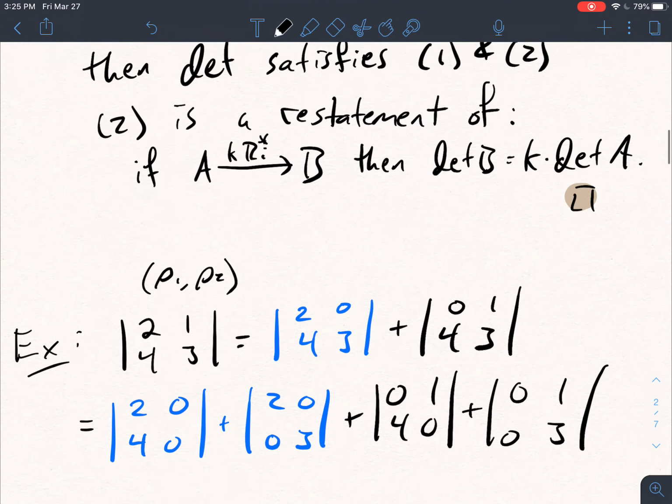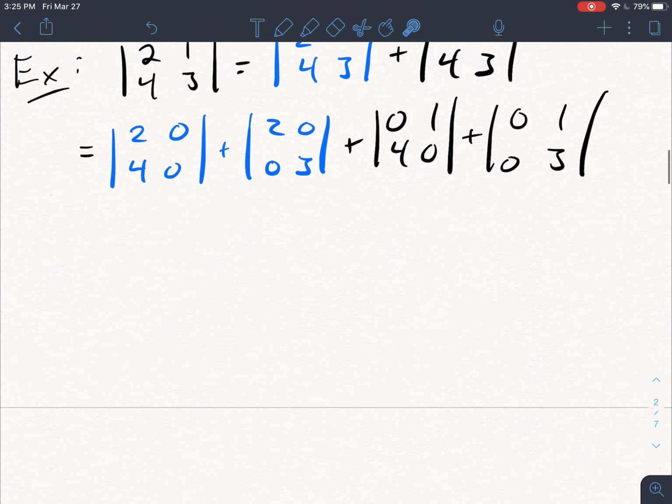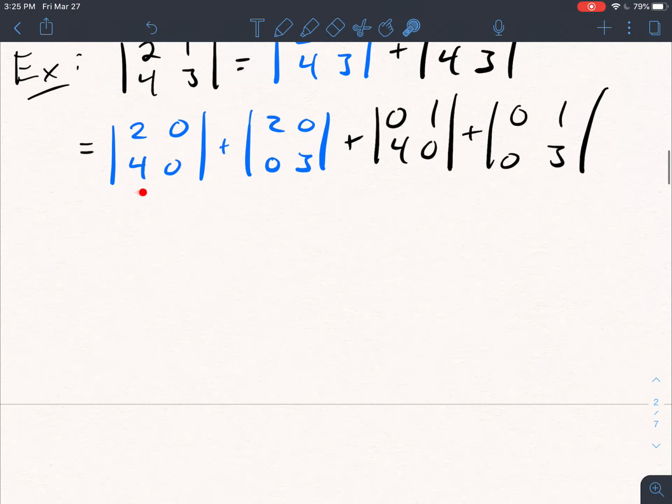You could go a little further with property 2 by pulling out all of the scalars from each row. All right, before I do that, let me just say that there are 4 determinants here, and a couple of them we already know are 0 without having to do any sort of calculations. Why do we know that? Well, we already know that the determinant of a singular matrix must always be 0. So the determinant of this matrix here is 0 because in particular